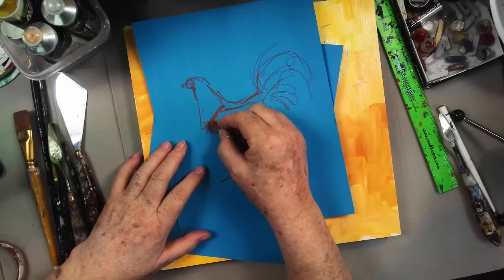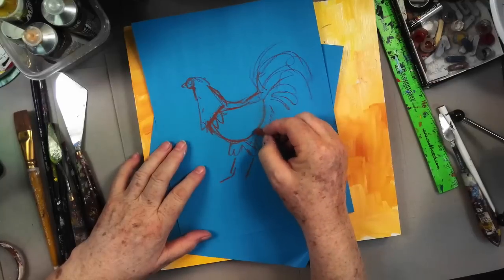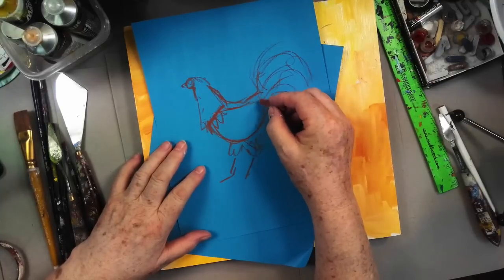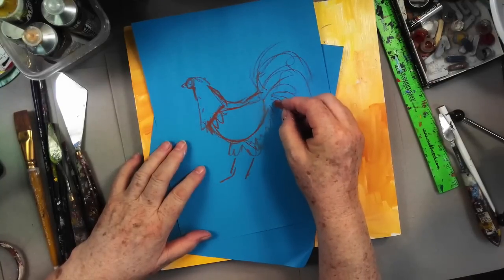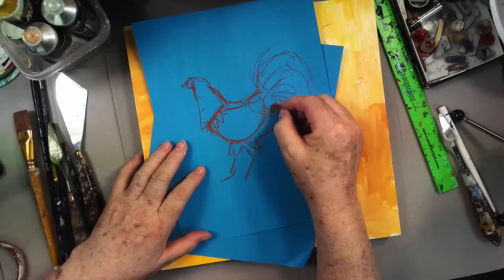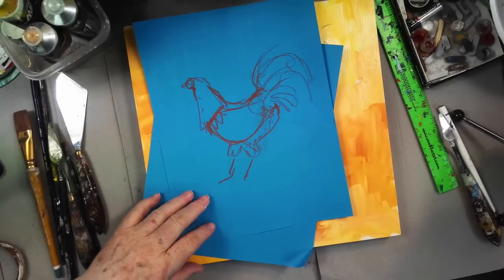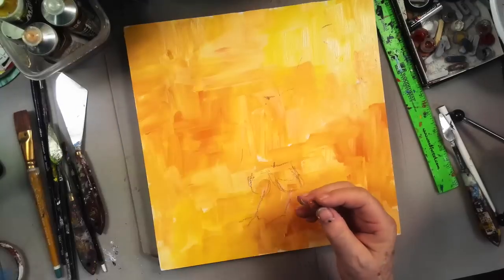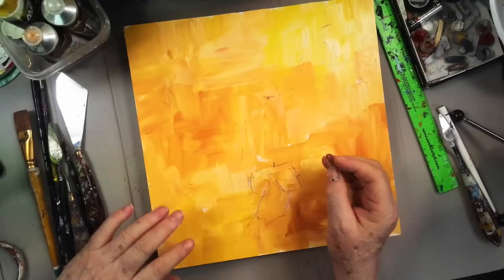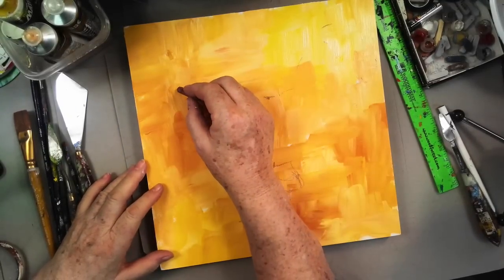But I want you to see the shape of this. It's a cone here. This is like a half circle here. Really the back end is almost several layers of rooster, and then there's another pile of feathers that goes here, and then up here like that. So anyway, that's what we're drawing, okay? So now that you know that, all right, now we're going to say that I think I want his